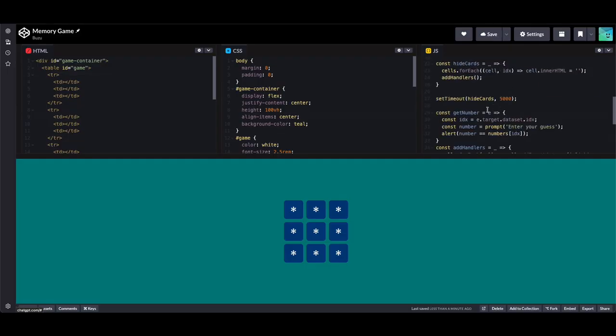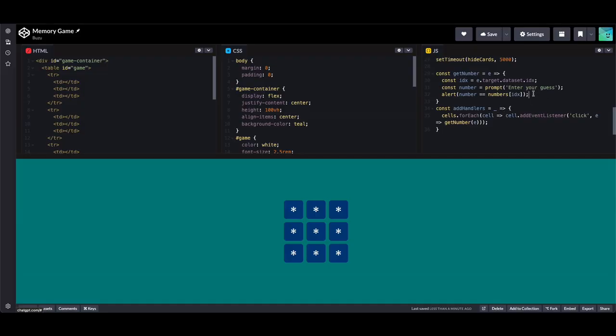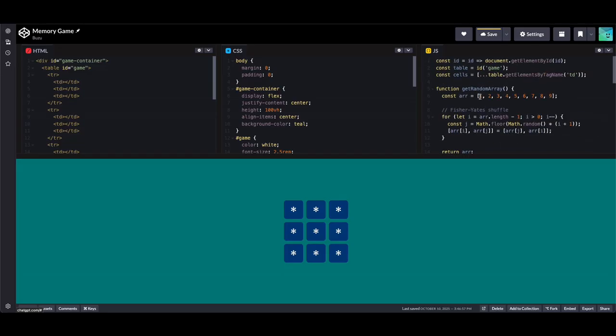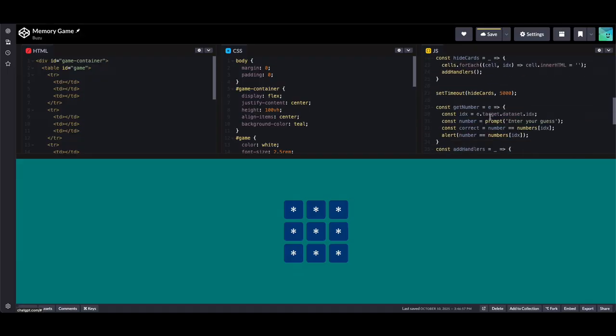So if the number is correct, instead of alert, we're going to const correct equals number equals numbers index. Now you might be wondering why I'm using double equals instead of triple equals. That's because if we use triple equals, that's never going to be correct, because the array has integers and prompt